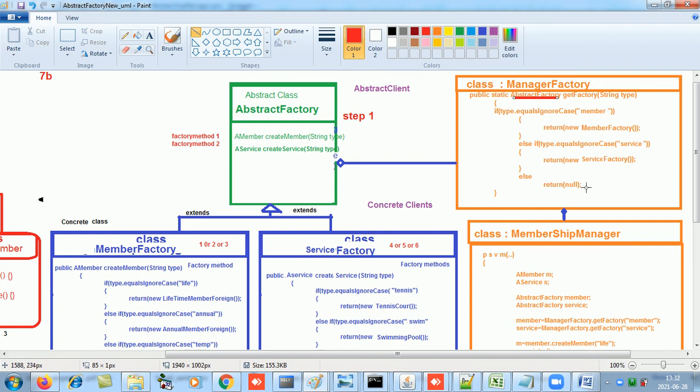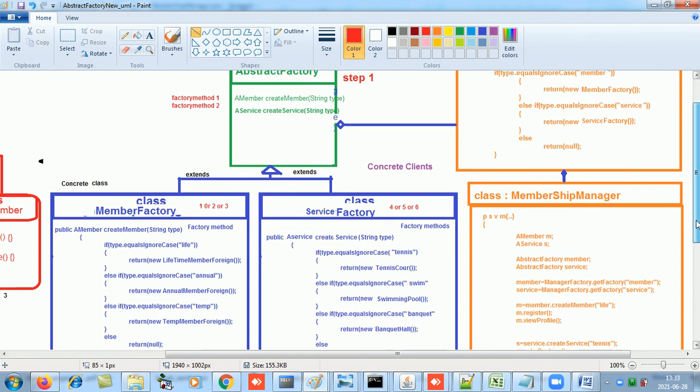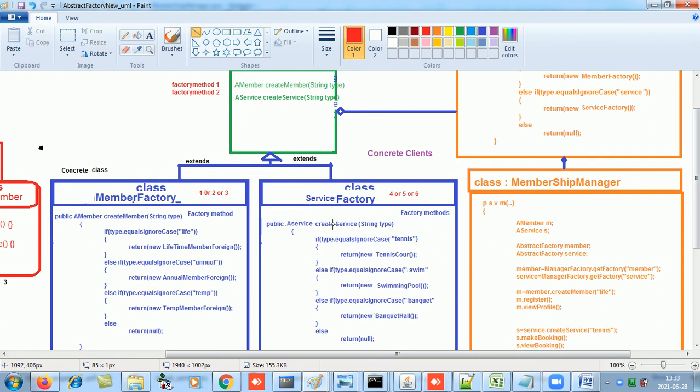And if I call manager factory dot get factory and pass service, it will return me an object of service factory. Service factory also extends abstract factory. On the LHS I have service, which is also of type abstract factory. Now using this service, I can call create service, and using this member I can call create member.